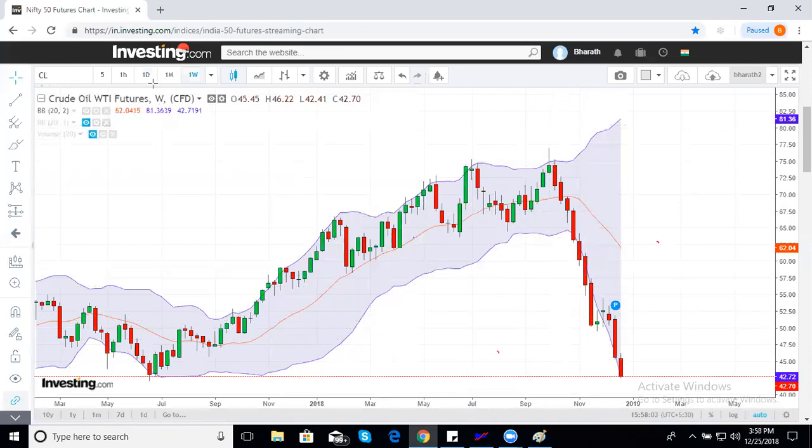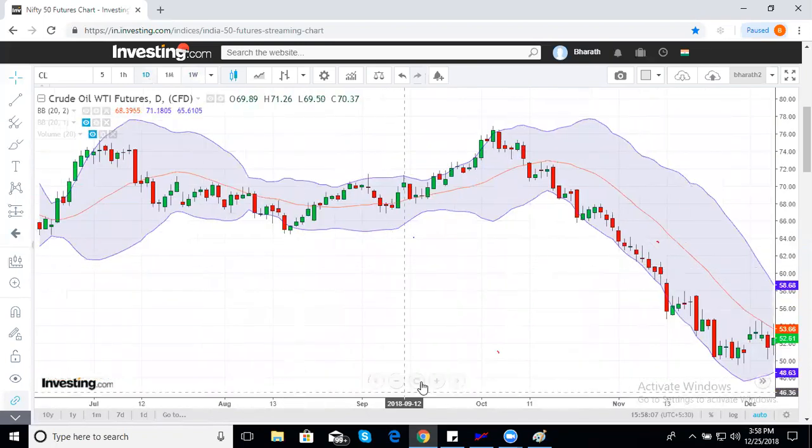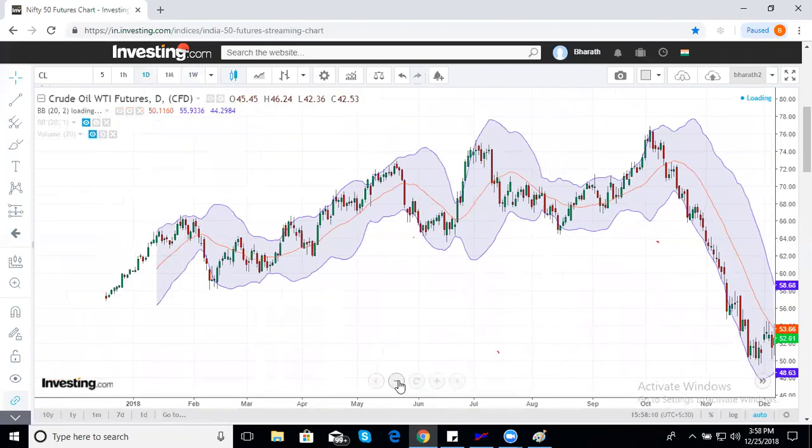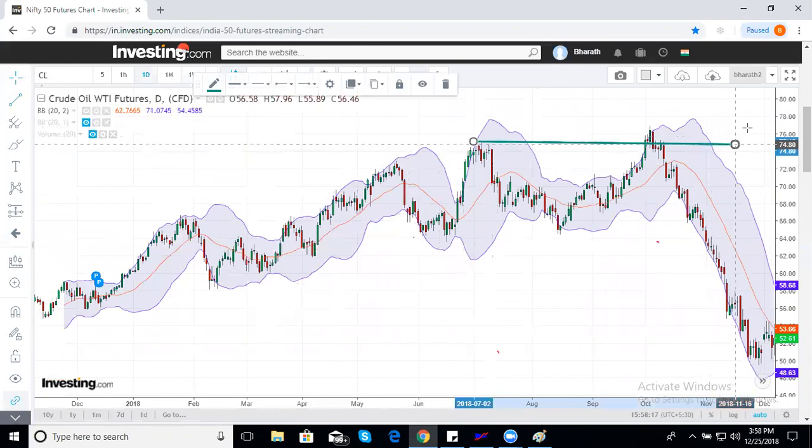Okay. And if you know something about Dow theory, there is something called a bull trap. See, this was a resistance. This was an old resistance. I'm drawing a line there. This resistance was broken here. Within 3 to 4 days, price closed inside the resistance, which is what this rally was there to